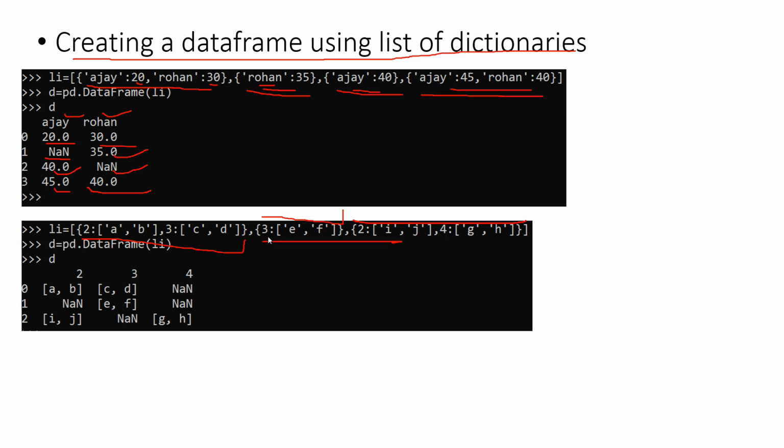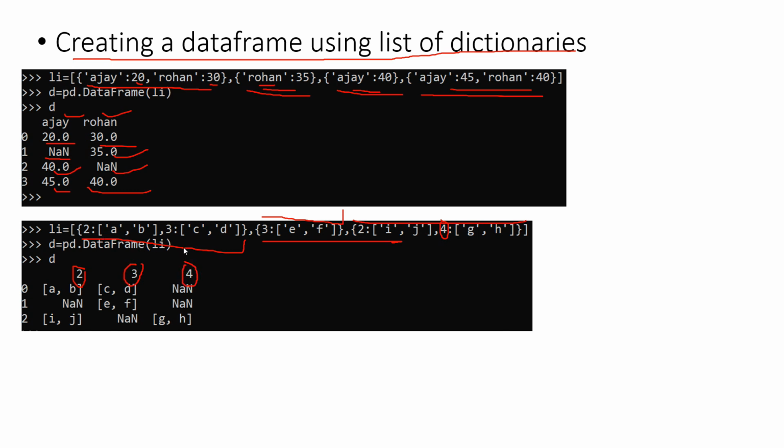Now next, come to the next row. Again we have the column as 3. Okay, this data will go under the column 3. And the last row, it has the column name as 2 and 4. So here you have a new column, that is 4. So let us see that how it is represented. On printing this, simply we have three columns, 2, 3 and 4.